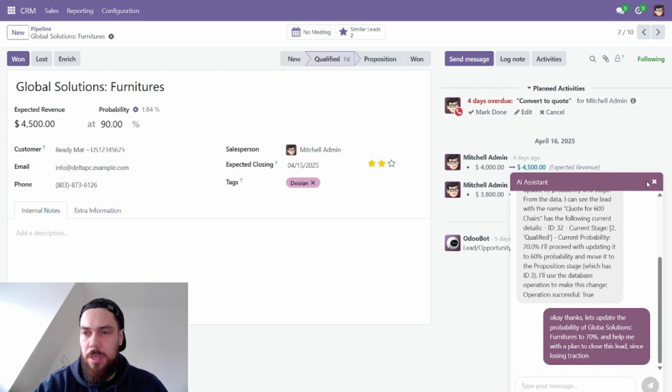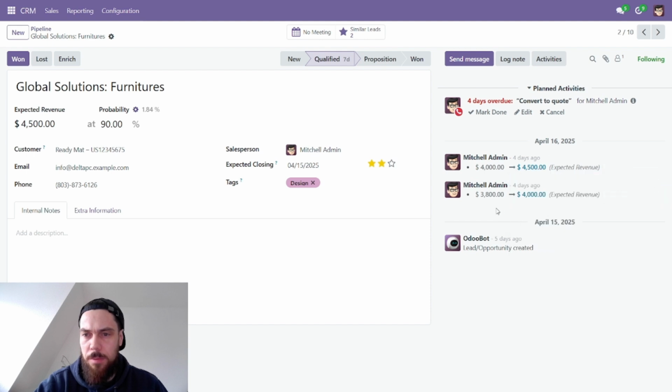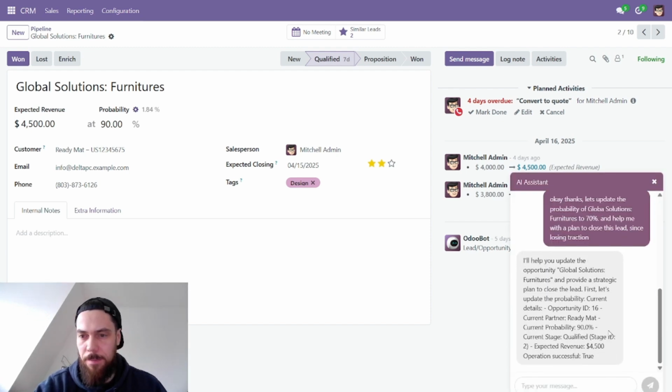Oh yeah, and here you can see I changed the price when I was testing it, on April 16th, I guess, by Mitchell Admin, and this was through the chatbot here. I've tried these chatbots, but they say, oh, sorry, I don't know anything. So I see that I think my improvements can work out. And here, okay, it already worked.